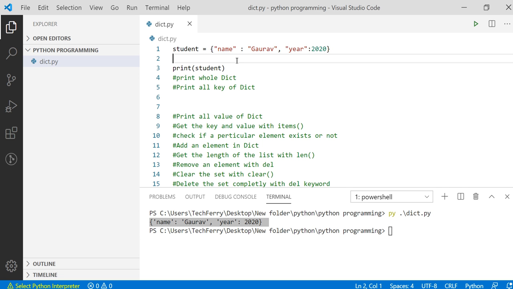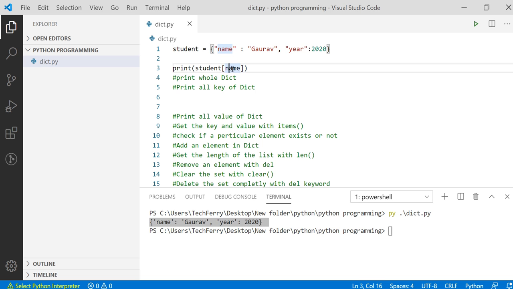Now what we want to do is get the value corresponding to any of the keys. To do that, I want to get the value corresponding to name, so I have to write the name of the dictionary, along with that I have to apply this bracket, and inside this bracket I have to pass the name of the key.